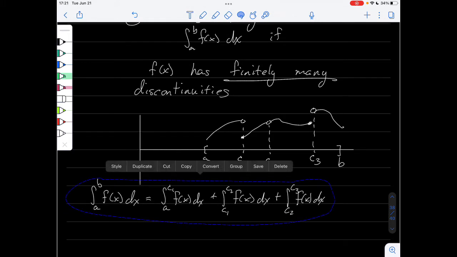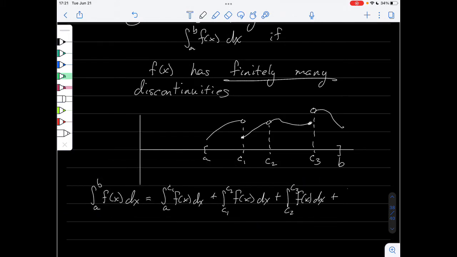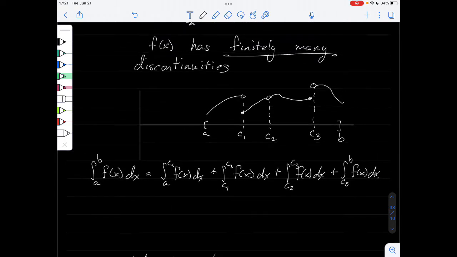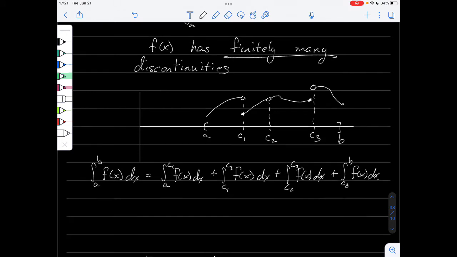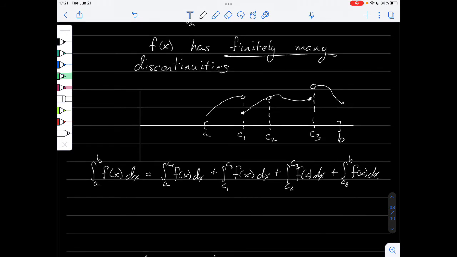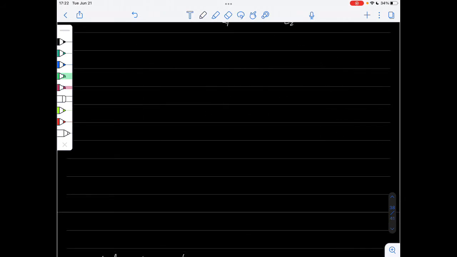I guess I'll slide the y-axis over too. Plus the integral from c3 to b of f of x. So if it has these finitely many discontinuities, we can actually split it up. But there are instances where we can't split it up. And let's look at an example where it's actually not integrable using the calculus techniques that we're going to learn in this course. So for a non-example,